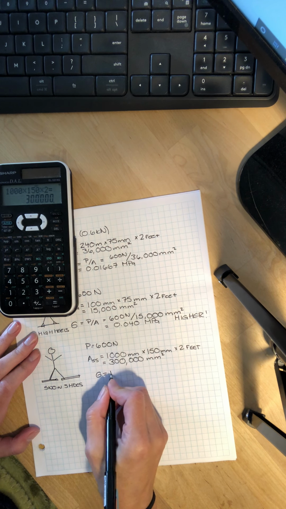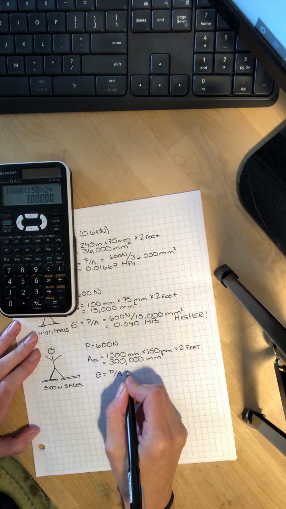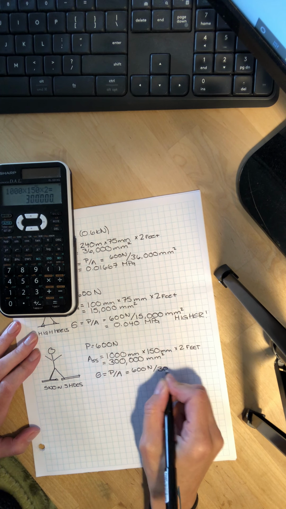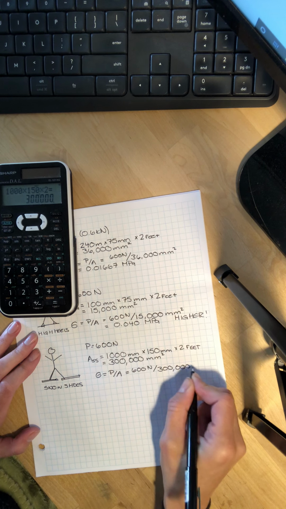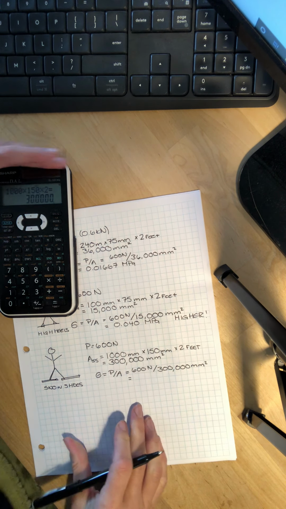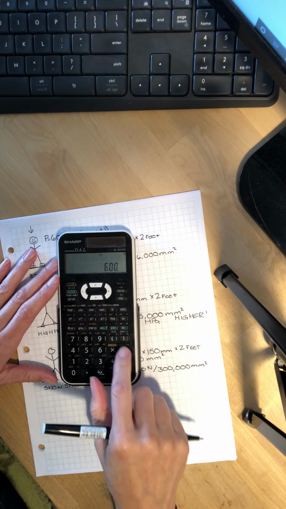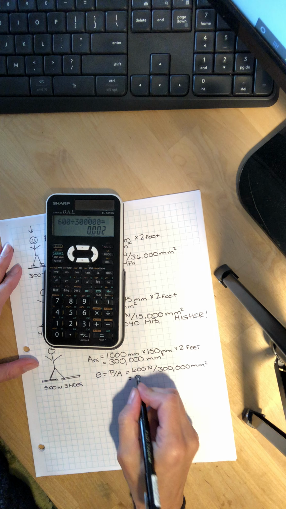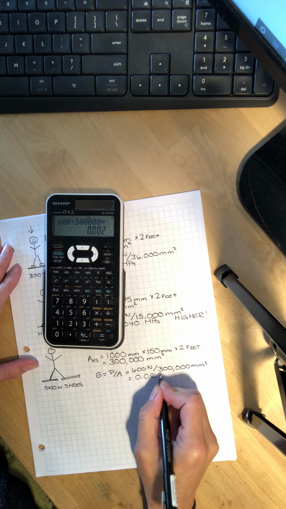We need to know that stress equals force divided by area, or 600 newtons divided by 300,000 millimeters squared. And we can calculate that to be 0.002